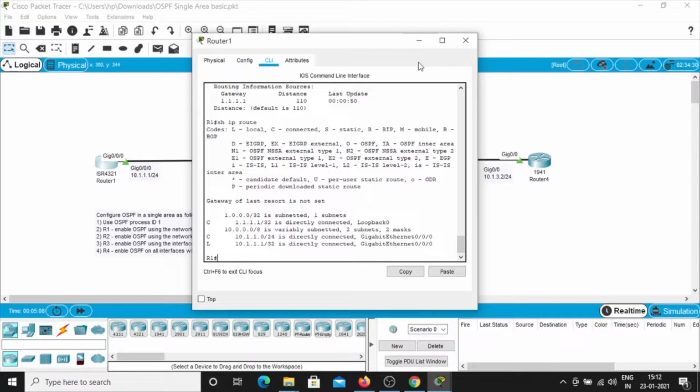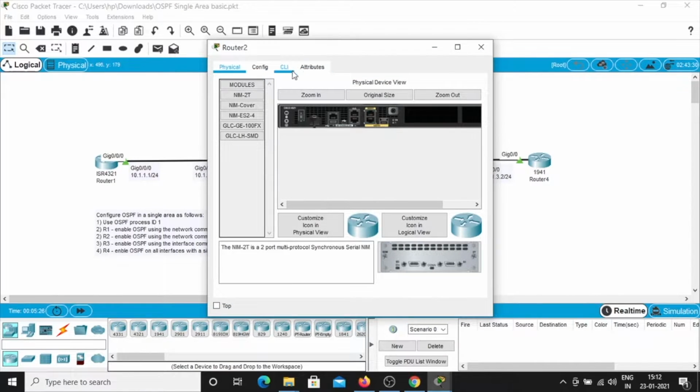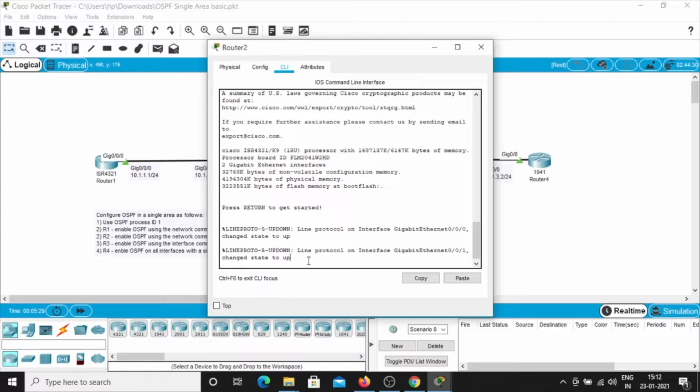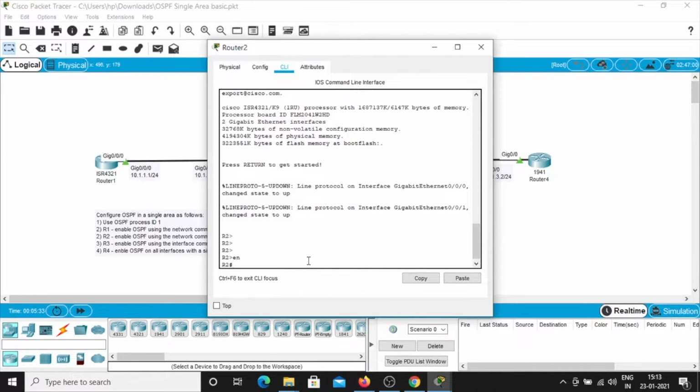Okay, so next we are going to click on router 2 and see what is asked. It is asked to enable OSPF using the network command based on subnet mask. So on router 2 we are going to click and go to CLI, enable, and then type show IP interface brief.